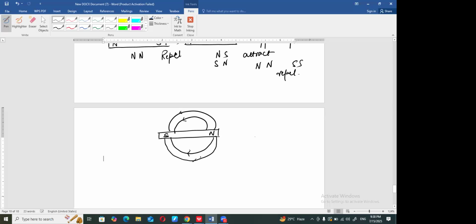The arrows show that it goes from north to south like this. So basically, the lines start from north and end at south. This region is a region in which another magnet, or a magnetic material, will be attracted. Now, if the concentration of lines in a certain area is more, that means a strong magnetic field